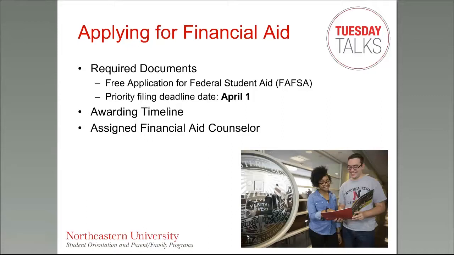If you receive Northeastern grant funding or merit scholarship funding, that is guaranteed for up to 8 in-class semesters, regardless of the number of co-ops that your student attends. So the financial aid will include that institutional aid as well as any federal aid and state aid that your